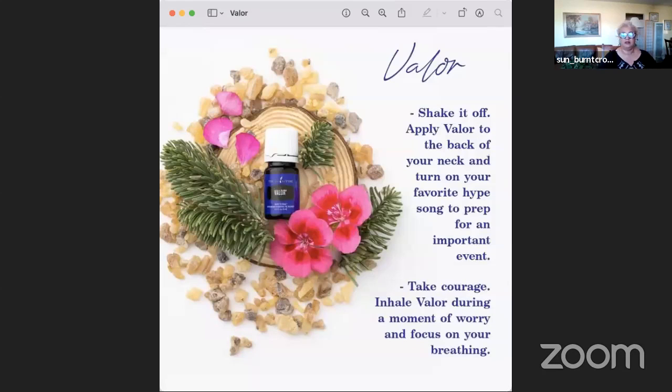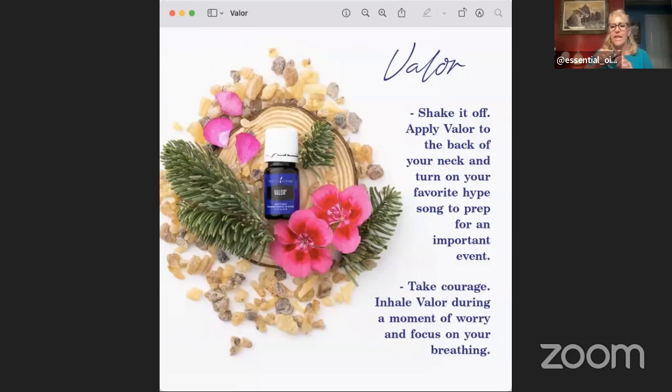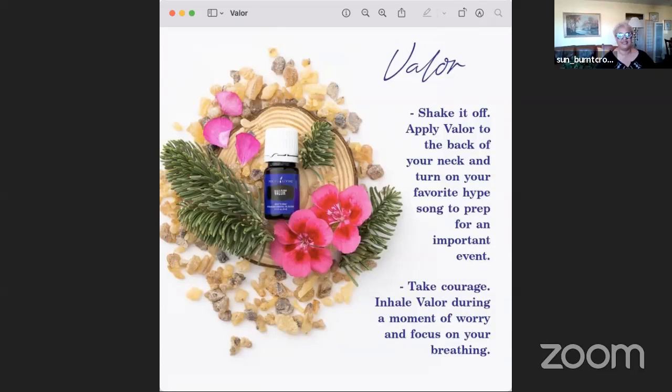It's another beautiful blend with blue tansy, and because the blue tansy's in there, it's blue. You can see blue. But it smells so amazing. I have to admit,